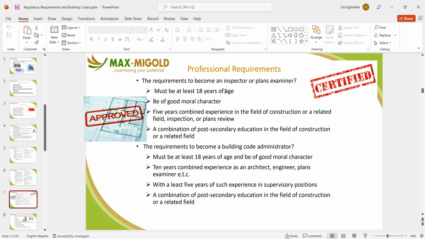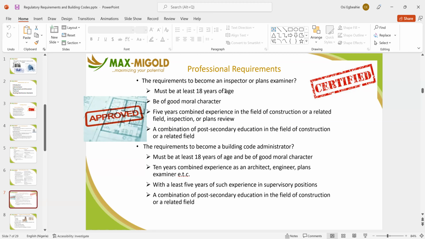Now, professional requirements. This is just to talk about the professionals that go as inspectors to check the compliance level of buildings with the building code, and also the governmental agency, the persons that they employ, and the minimum requirement of what they are looking at. You also, as an individual, can become an agent to the government. They can register you once you apply to be an agent, and then when they have issues of inspection, based on your expertise, they know that you see more things that need to be inspected and checked properly.